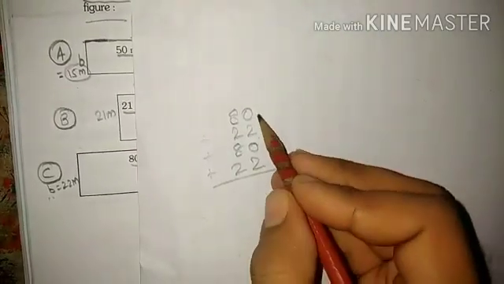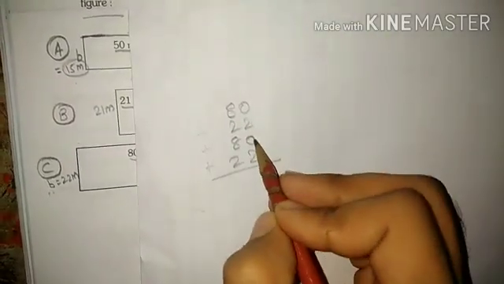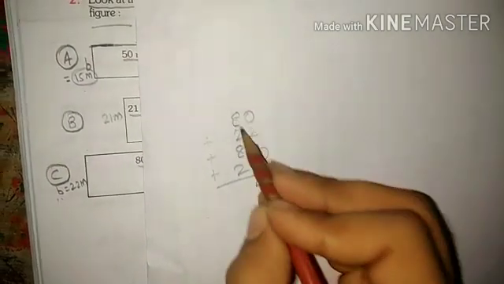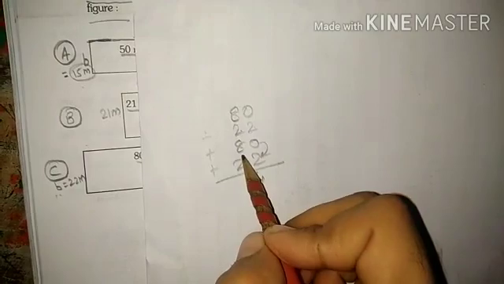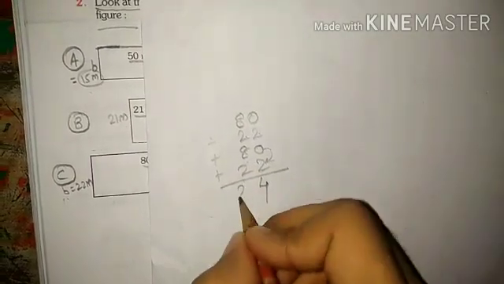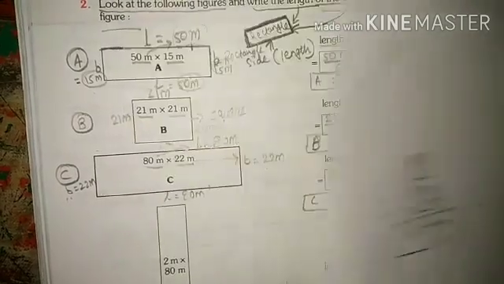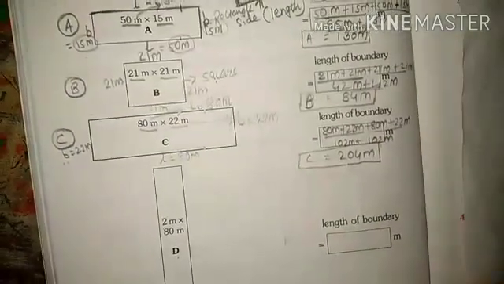So 2 plus 0 plus 2 is 4, and 2 plus 0 is 2... and 8 plus 2 is 10, and 10 plus 8 is 18, and 18 plus 2 is 20. Like this you will add in the rough sheet. Okay, students. Let us do the last sum.